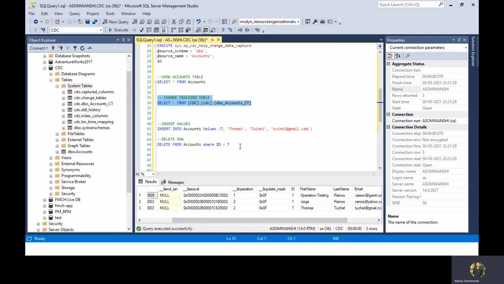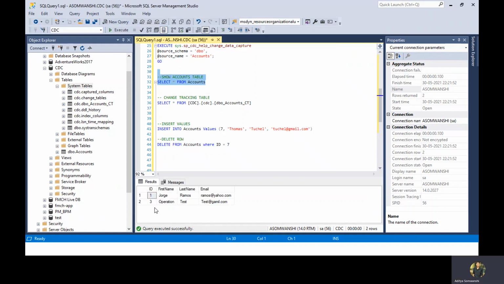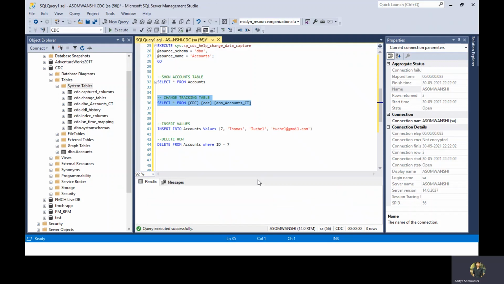Now let's try and delete this particular row. One row is affected. Now in my accounts table, there will be only 2 records, and in my CT table, it might take some time to execute.